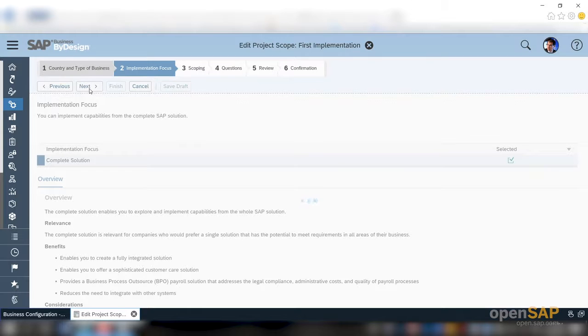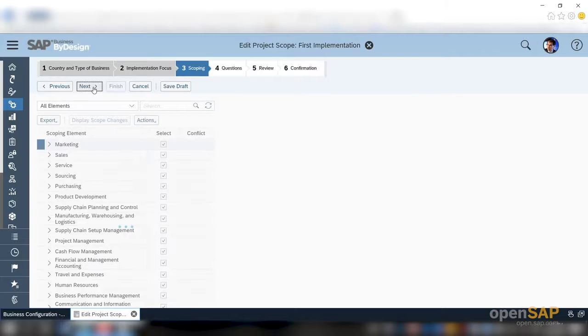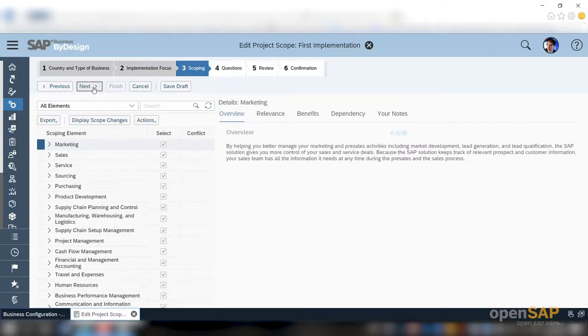I already have a scoping question coming from my BARC element, which is, do you want to use the Argentina taxes, which is also selected anyways. Let me just try to show it.